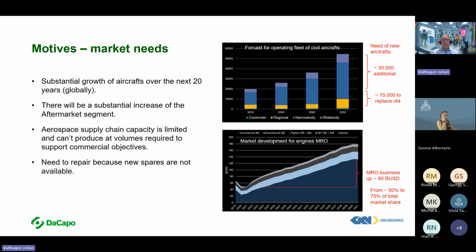And there's a reason for it, of course, when there's more aircraft flying, but there's also the limited capacity of the industrial systems of today, so there probably won't be enough capacity available to do it, and instead you need to repair parts to keep the current and future aircraft flying.